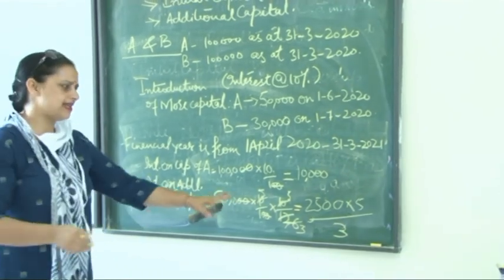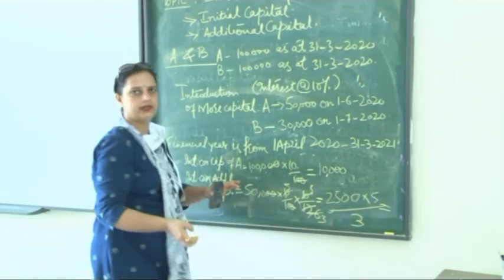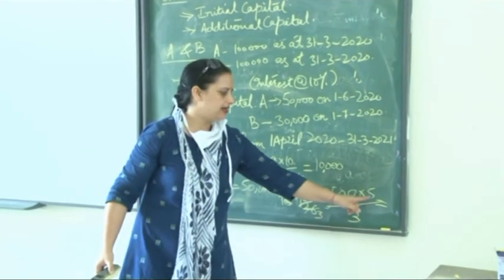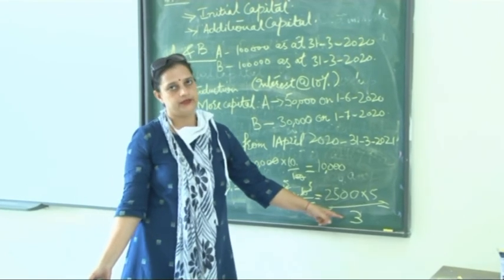You can calculate it as it is. You can get the answer here also, as we don't have space over here. You have to multiply 5 with this 2500 and divide by 3. The amount you